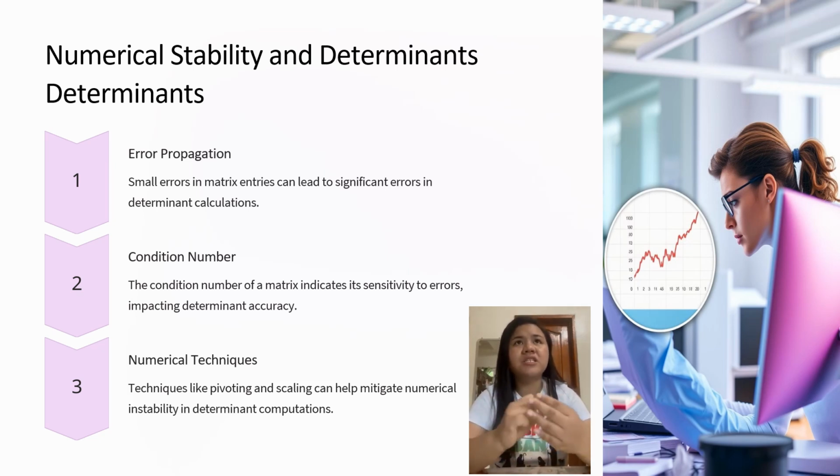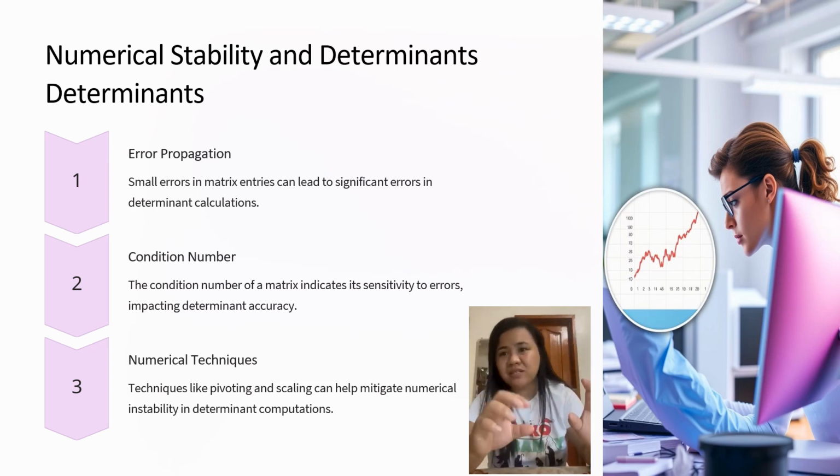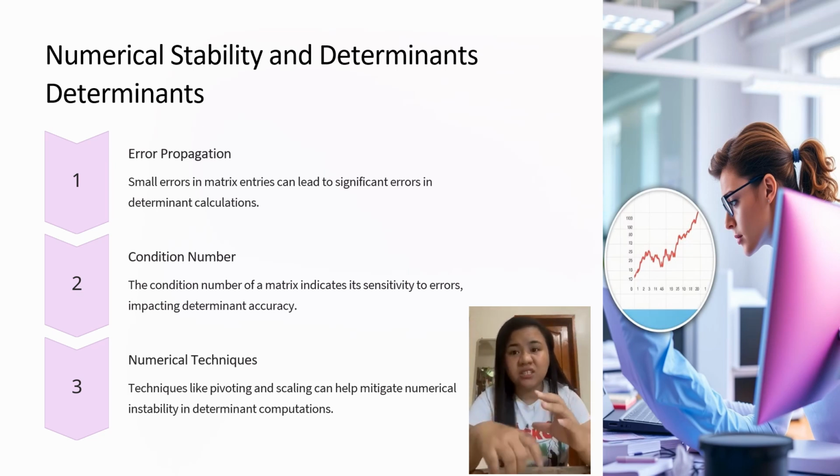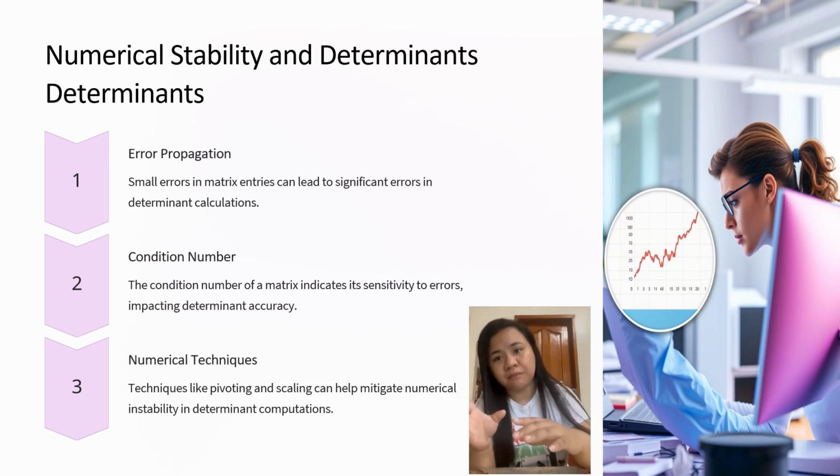One critical challenge in computing determinants is numerical stability. Due to the nature of the matrices, manipulations like row scaling and pivoting can accumulate rounding errors, especially when dealing with ill-conditioned matrices. To mitigate this, modern algorithms use partial pivoting or complete pivoting during the Gaussian elimination or the LU decomposition. These strategies help reduce numerical errors by ensuring that the largest elements are used for pivoting during each step, which improves stability.